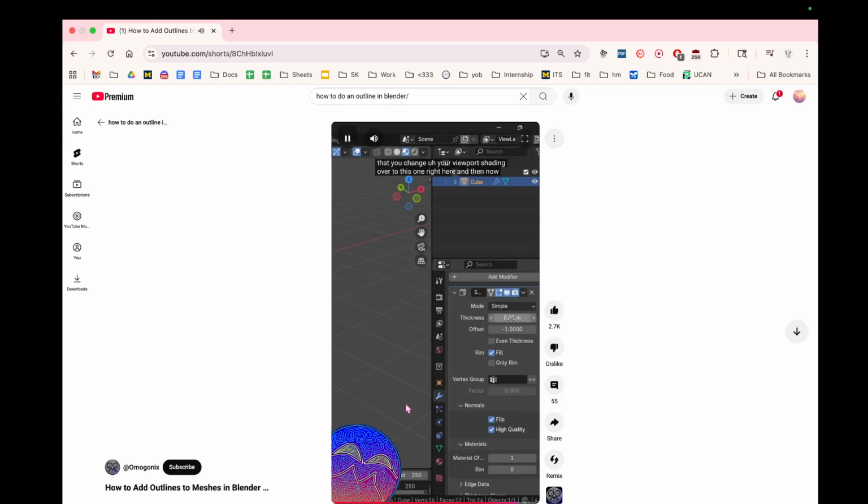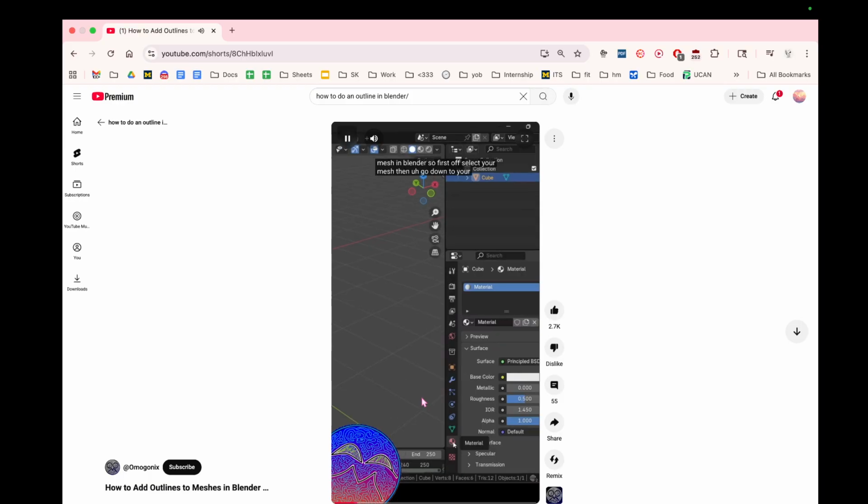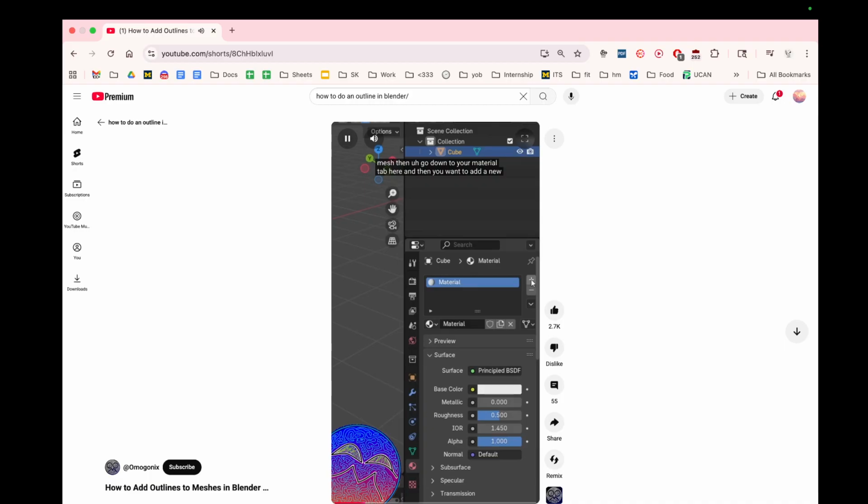So I'm going to quickly teach you guys how you can add an outline to your mesh in Blender. First off, select your mesh, then go down to your material tab here, and then you want to add a new material. So make sure that you have a second material here. We'll create a new one, and with the surface, change it to emission, and I'm just going to change the color here